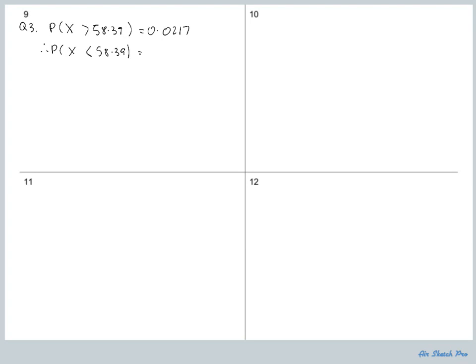0.9783. So 0.9783. Then I would work out the standardized normal distribution, and then calculate as usual. So I'll do it with that one. And when we do that, we get 58.39 minus an unknown mean over an unknown standard deviation equaling 1984. Good year that. Similarly, I would take probability of X less than